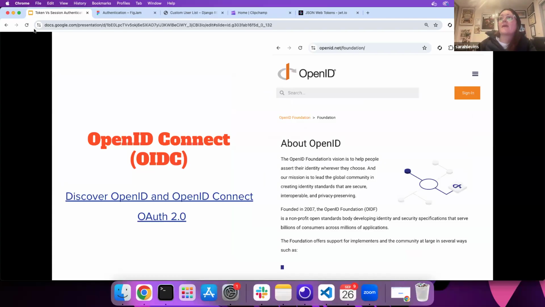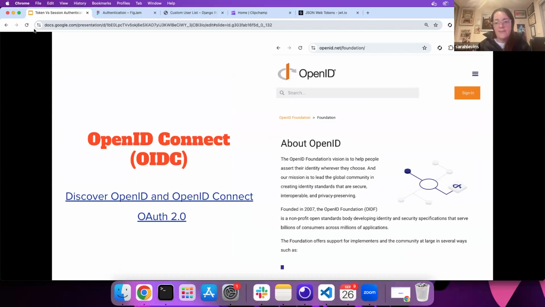So basically, in the same way that Django REST framework has a system of rules and flows for you to follow to set up how an API works, there are actually